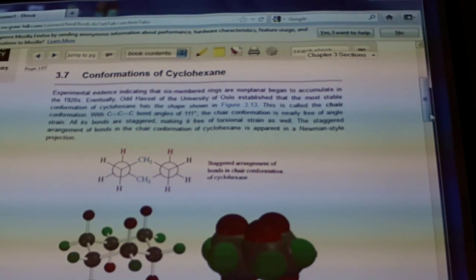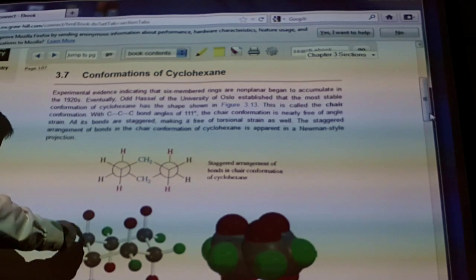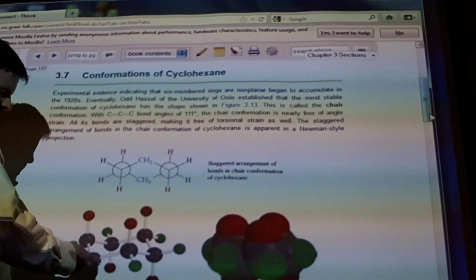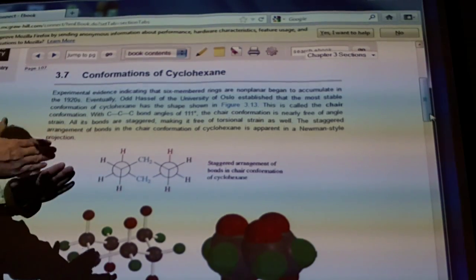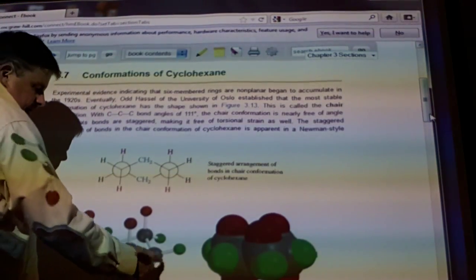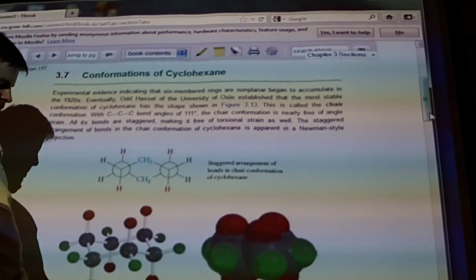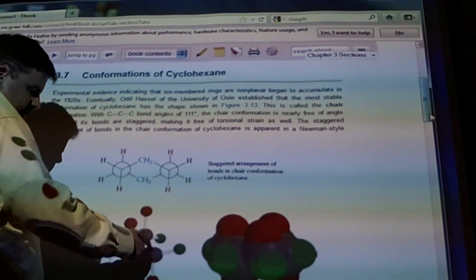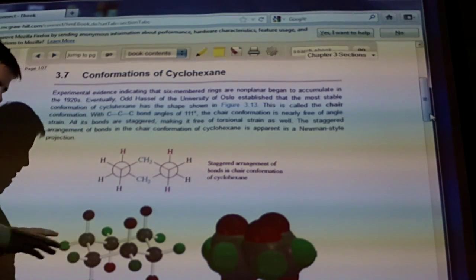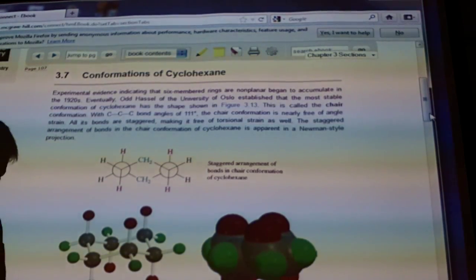shown, you can see that these are in anti positions, and this is a staggered interaction between those green balls. Look over here. This is not in the same location as that. So again, that's going to be a staggered interaction. Remember, staggered and eclipsed. This is staggered, which is more stable. All right? These two are staggered positions as well. Again, two staggered, staggered. The only eclipsing interactions that I have, if you are using your mind and looking at